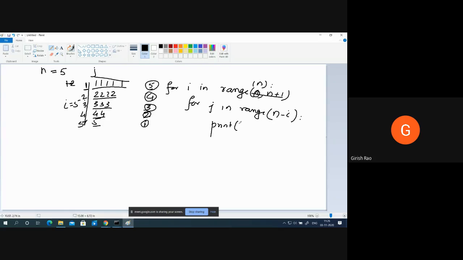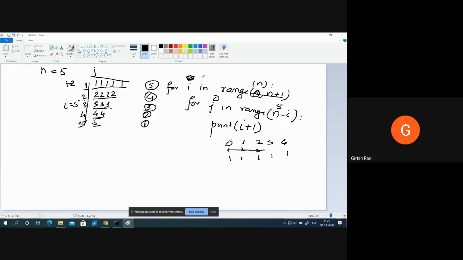Okay. Then let's try to print the value. What should be printed? It should be I plus 1. So what will happen? n is 5, 0, 1, 2, 3, 4. So it is going to print 1 every time. Next time what will happen? See, I is 0, j is 0, this is 5. So this is going to print 0, 1, 2, 3, 4. Sorry, I will be every time 0. So it will print 1, 1, 1, 1, 1.